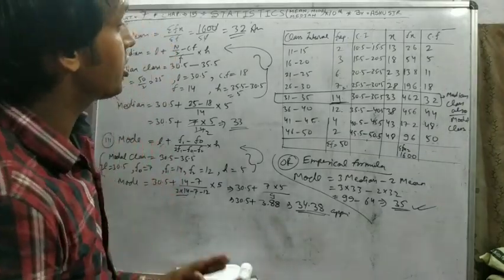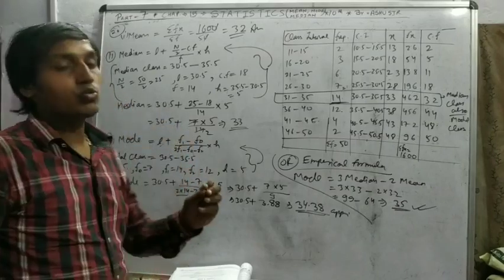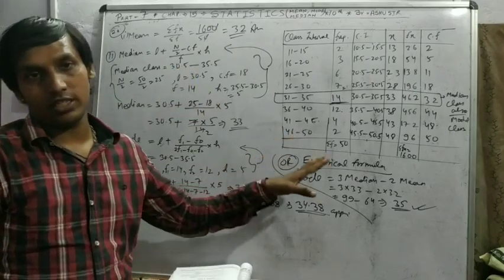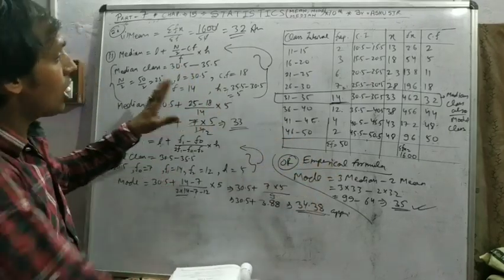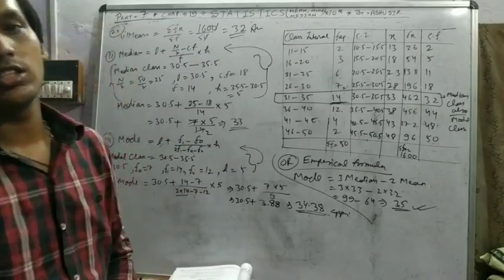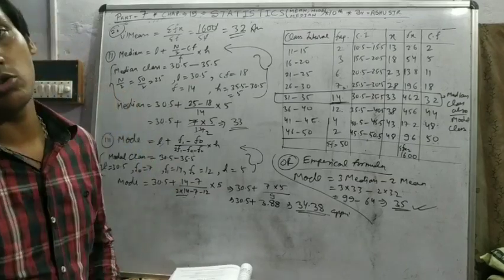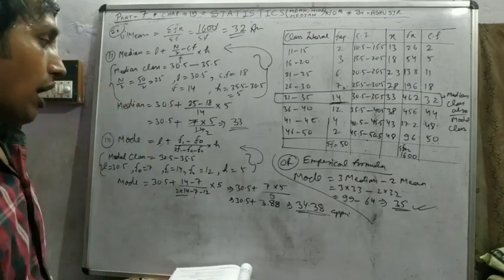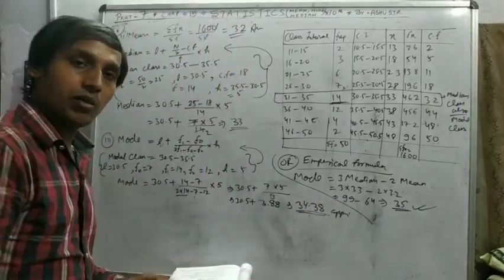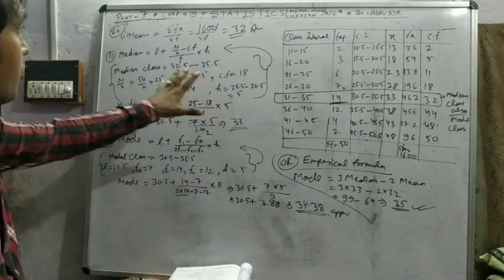Median and mode, it's possible to find. Some values are different because median and mode are not an exact formula here. They are all the basics of statistics which you have to use in the next class if you're taking commerce. So you have to use them to find the correct mean, mode, median. Either you give this answer or that answer, both answers are correct for the board examination, and both answers give full marks. So pause the video, note down.